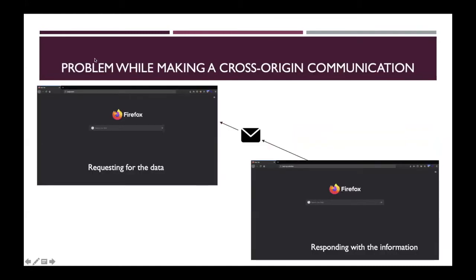I'll start with the problems while making a cross-origin communication when an application is not using postMessage and the origins are different. Let's say I have a main page and one pop-up window. Now the main page is asking the pop-up window to share some sensitive data, and the pop-up window is trying to share the information with the main page.